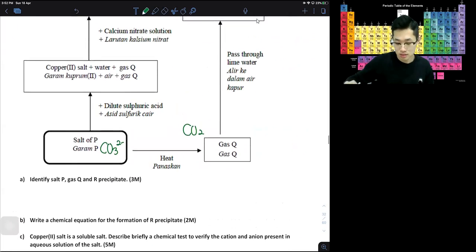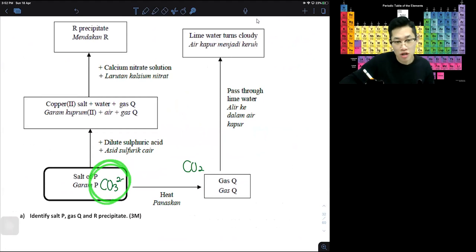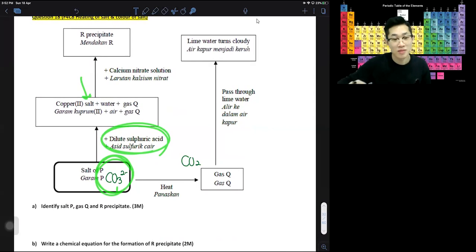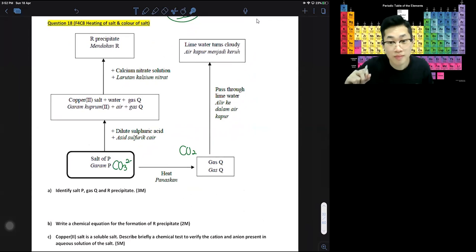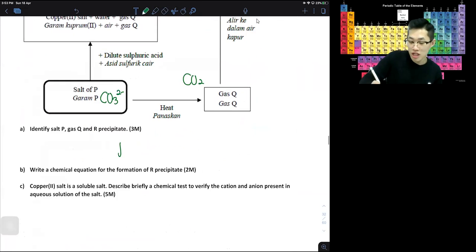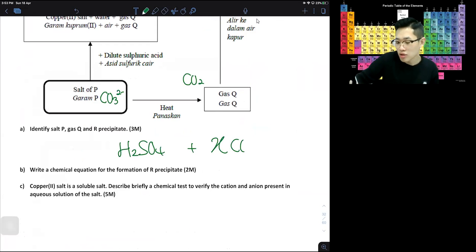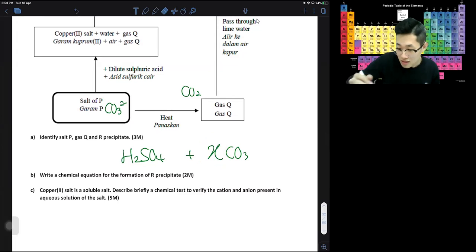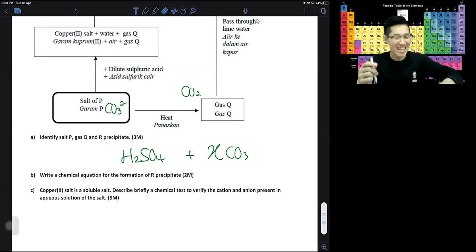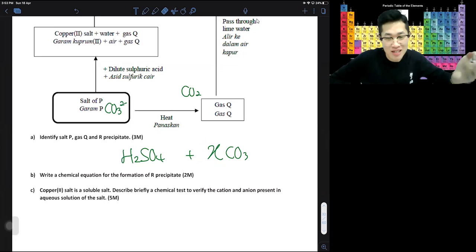So carbonate salt plus sulfuric acid. What is the salt? What is the copper 2 salt? Yes, correct. If this is carbonate, you imagine H2SO4 reacting with something carbonate. So when you exchange the partner, something carbonate with acid, you will get something sulfate plus